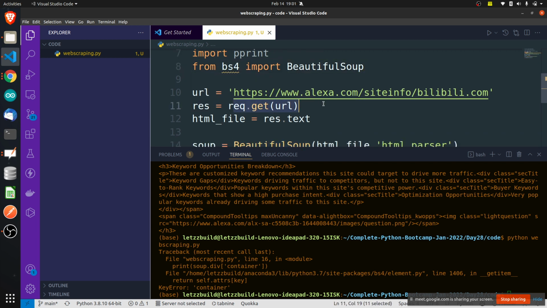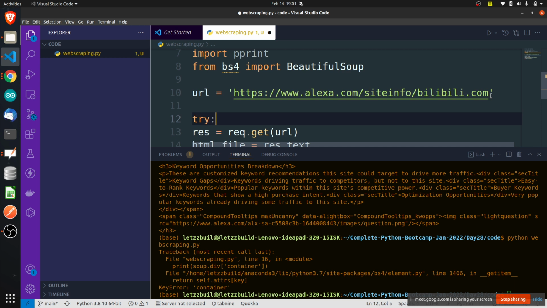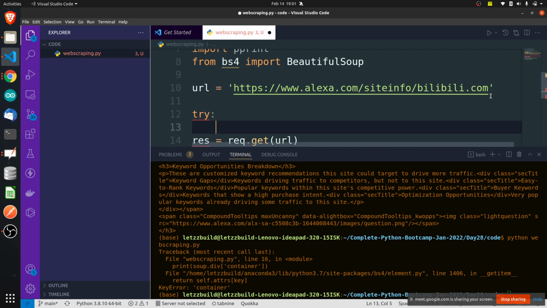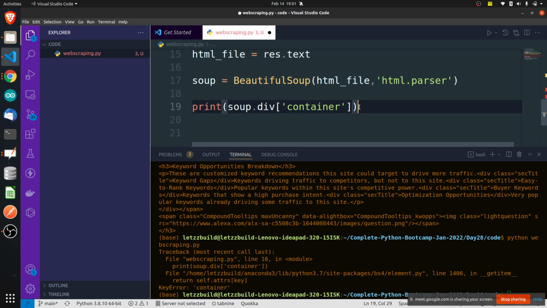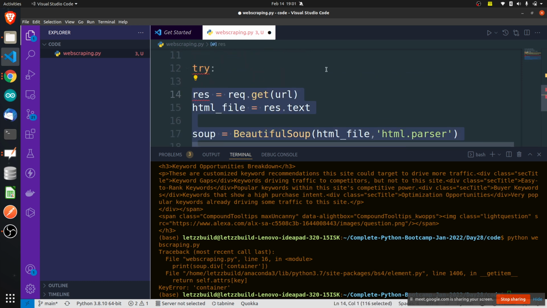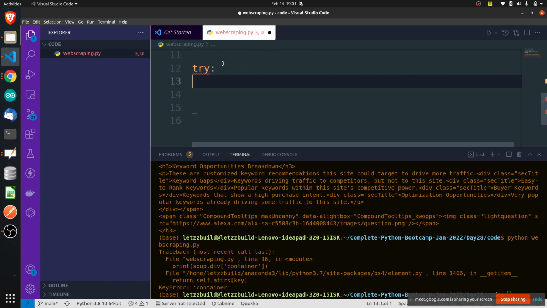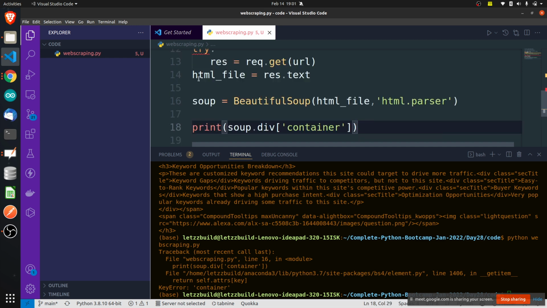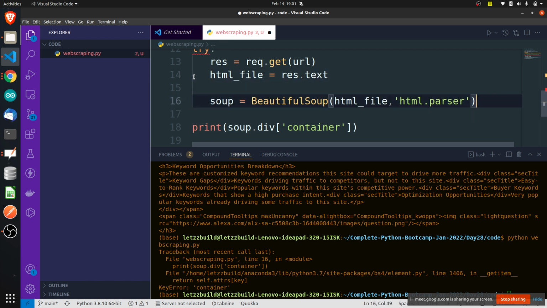Okay, so I will put all these things in a try block because the error should not crash the program. I'll say try all this stuff. This making request and all those kinds of things, you try this, because sometimes you might get an error in making the request also, because maybe the server is down. At that time the request will not actually be processed itself, so you will get an error.